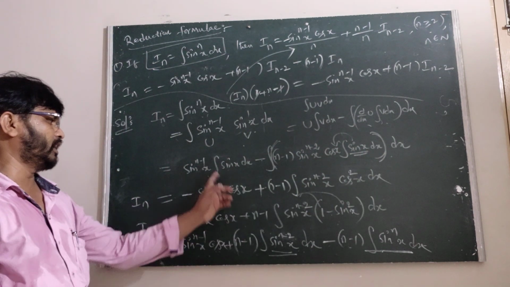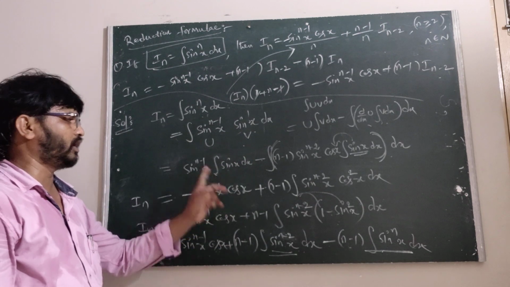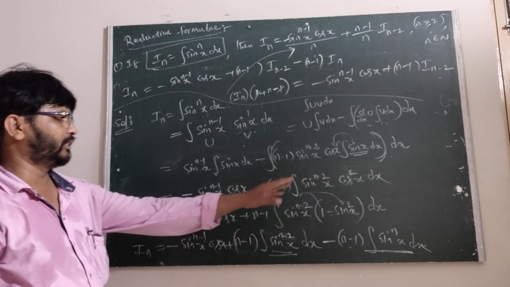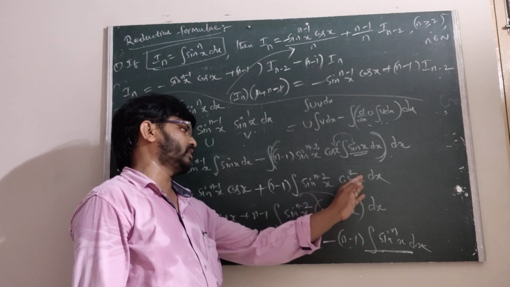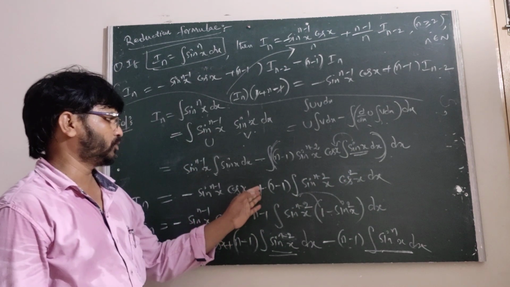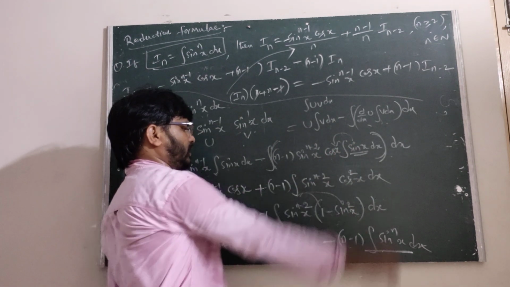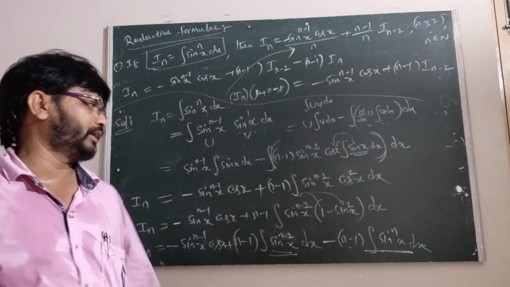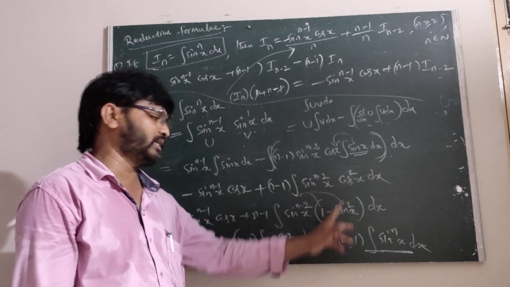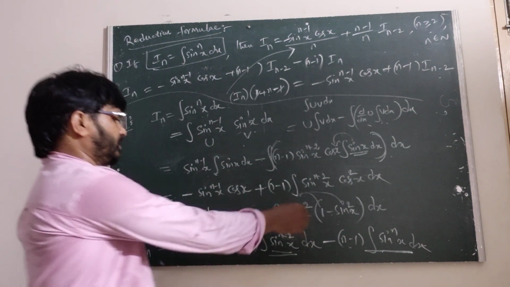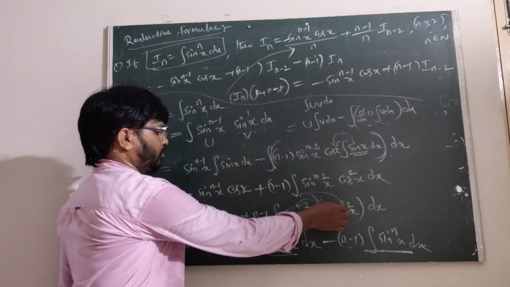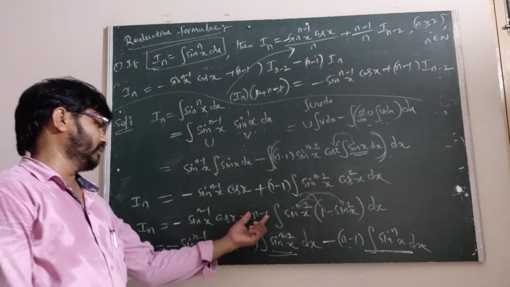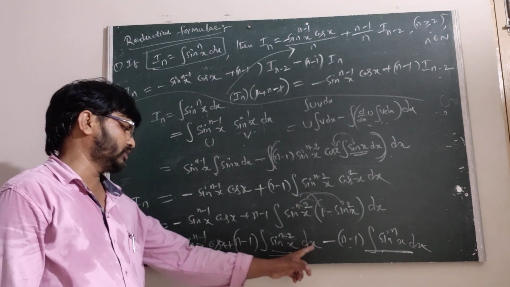The integral of sin x dx is minus cos x. Then minus times minus is plus, cos times cos is cos square x. After that, we take cos square as 1 minus sin square, then multiply with 1 and with sin square x. That is (n-1) sin^(n-2)x dx,